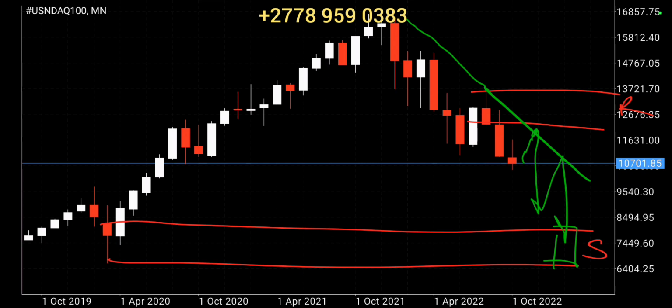But currently, with what we are seeing here, we don't have anything that says these two structures are going to be taken out. Because of the space between that support and the resistance, and this being the highest time frame, if you get trades to go long, you can take them, but make sure you don't convert them to be long-term trades.